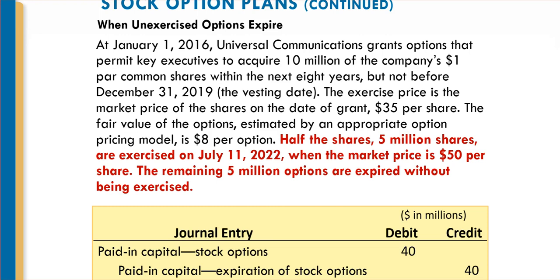Somebody's going to say, why don't we go back and change our compensation expense for the past? Because that would be hindsight. As long as we, in good faith, recorded the paid-in capital stock options correctly, I mean, we're not trying to be fraudulent in any way in recording it, then we do not go back and make a change.